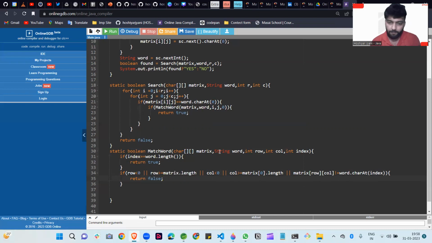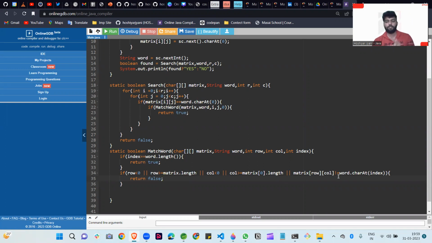So let me tell you once. When we call this method recursively, then if we find the next character of our word, at that time we simply increase the value of index. So if we increase the value, that's why we write index is equal to word dot length. We keep increasing its value, only then can we say that the next characters of the word are being found. And at any position where we find the length of the word equal to the index, we can simply say that we found our word.